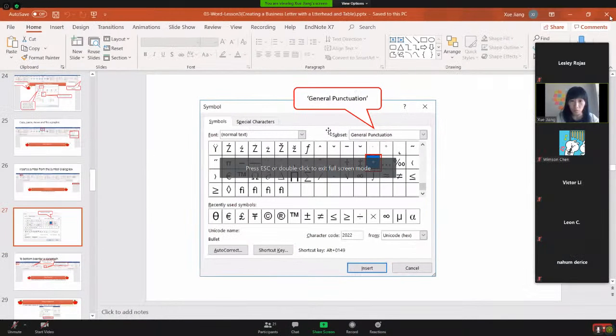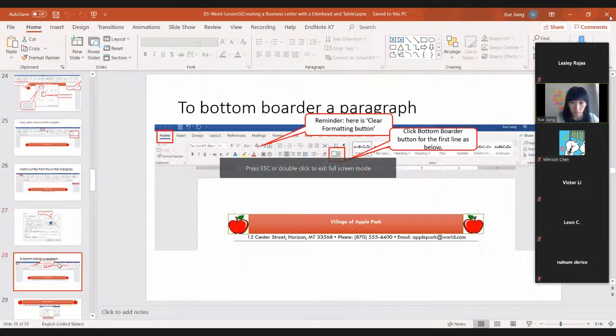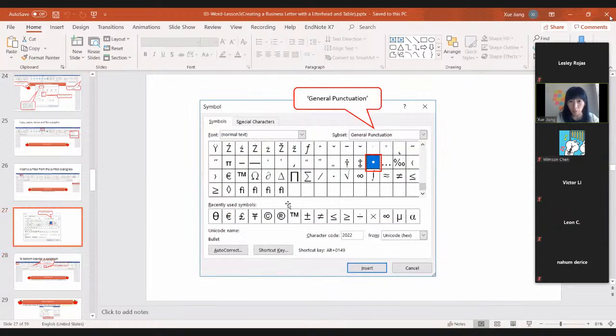One thing you need to know. Between the C code and the phone, between the phone and email, this dot is a symbol. How do we insert this symbol? Just here, this